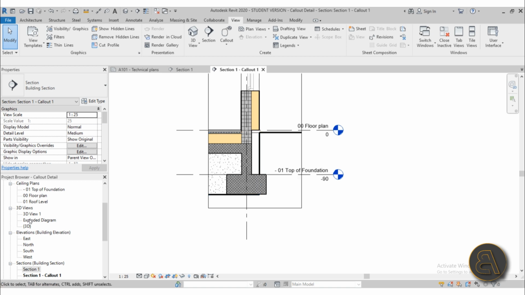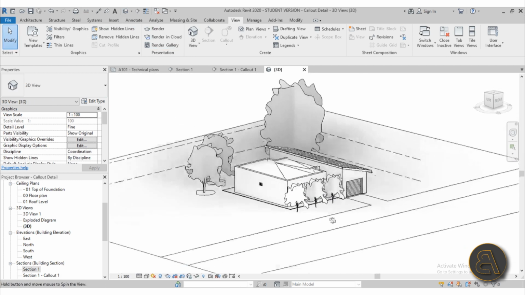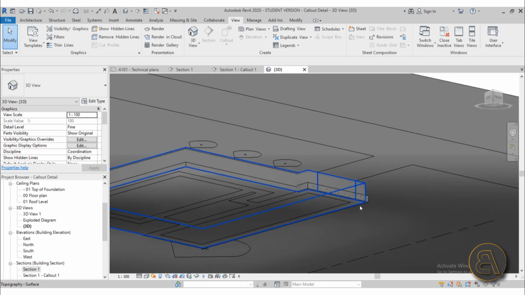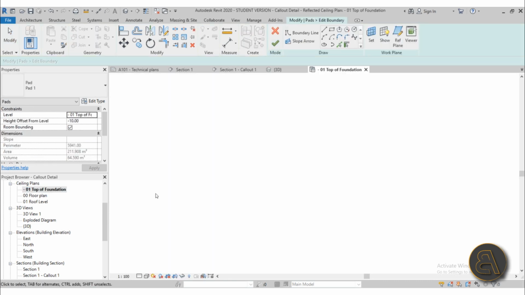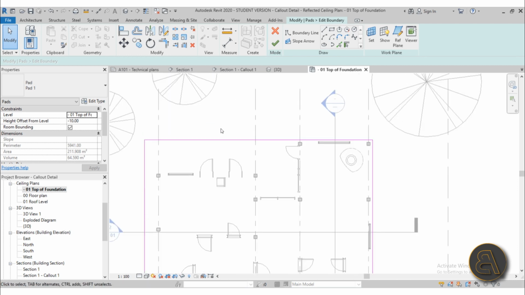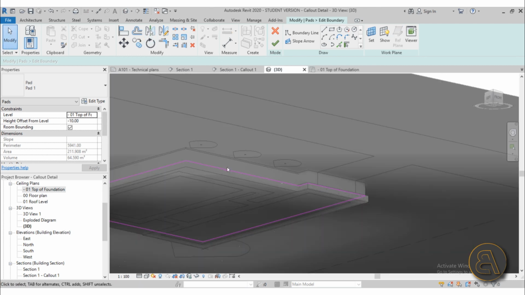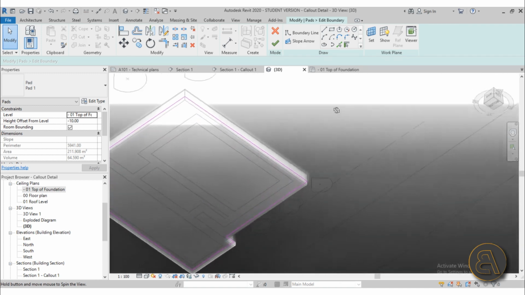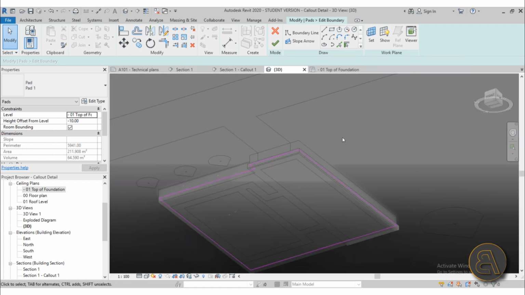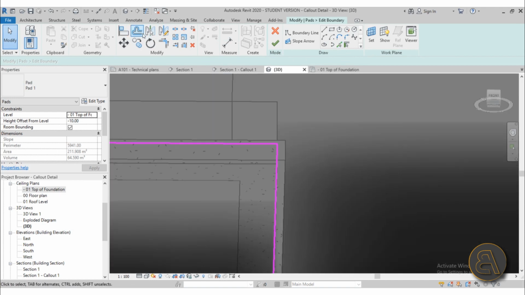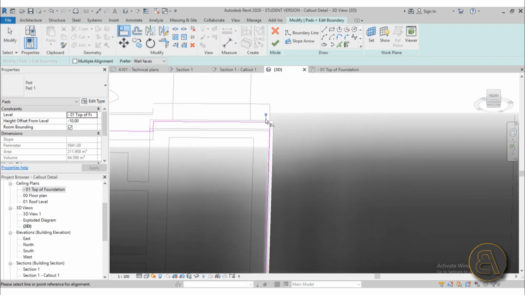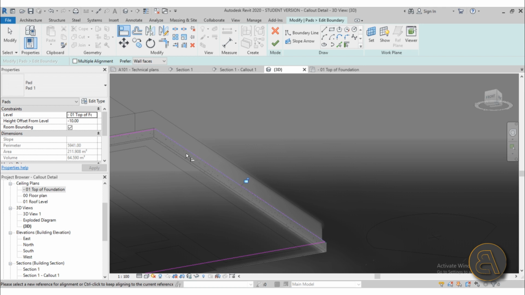So what I can do is I can go maybe into the 3D view, for example. Okay, so once we're here I can orbit around, and let me try to find that building pad. Okay, this is topography. Okay, this should be it. I can go into boundary and then maybe go into top of foundation. Okay, we're not going to see the foundation down there, but if I go into 3D, let's see. Yeah, just on this side we want to include the foundation, so I would just go with the align tool. So just find align and then select this part of the foundation and then just align this,